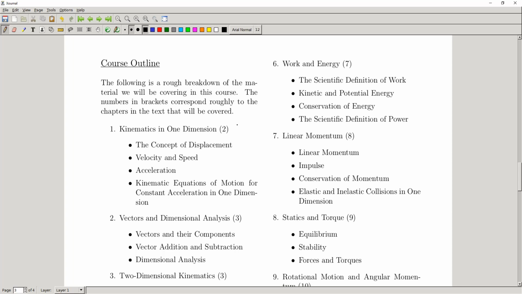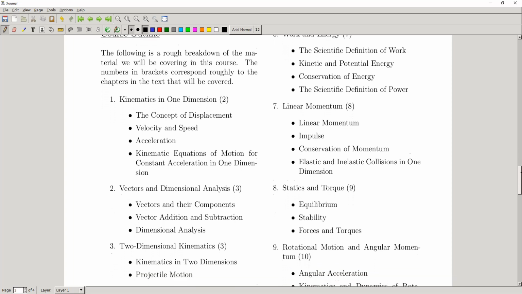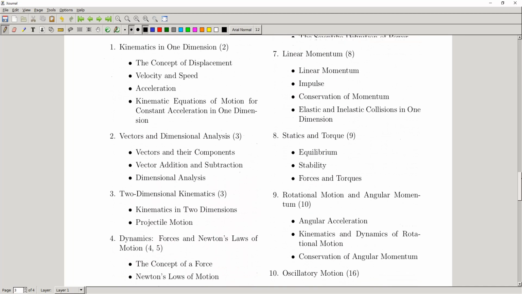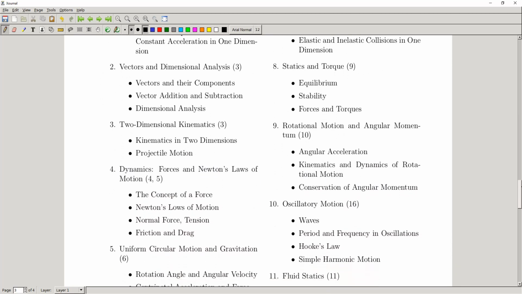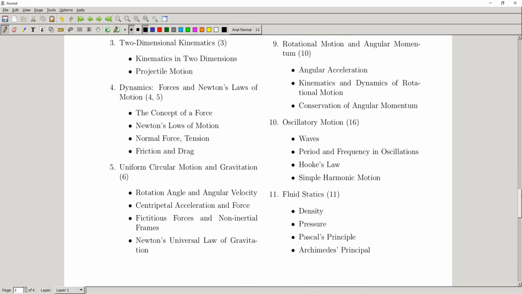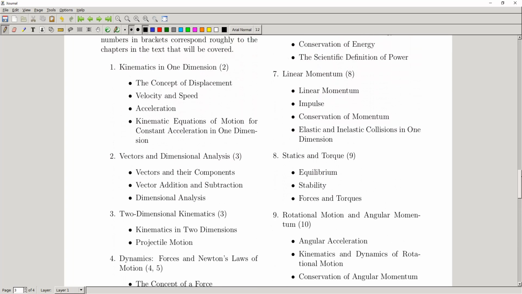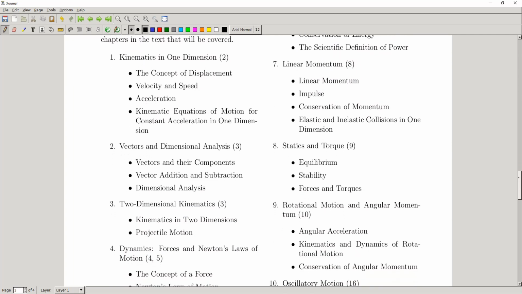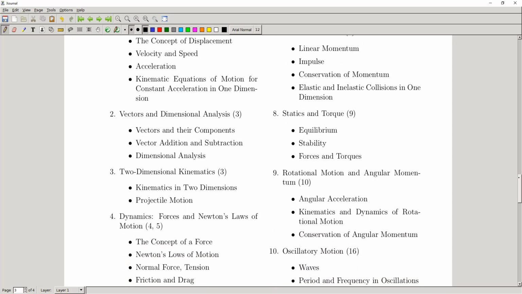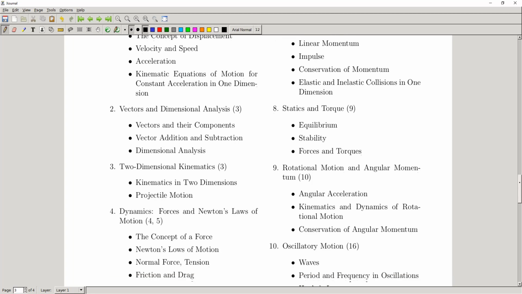Okay, and so we're going to be covering, well, we can go through it here. We're going to be covering chapters 2, 3, 4, 5, 6, 7, 8, 9, and 10. Then we're going to skip to chapter 16 and back to chapter 11. So all in all, we're going to be covering about 11 chapters of material, which is going to map to about 11 modules that I'm going to put up on Blackboard, and those are going to result in 11 assignments, one at the end of each of these, right? And so that's how the breakdown is going to go. I won't talk much more about that. We'll leave that there.